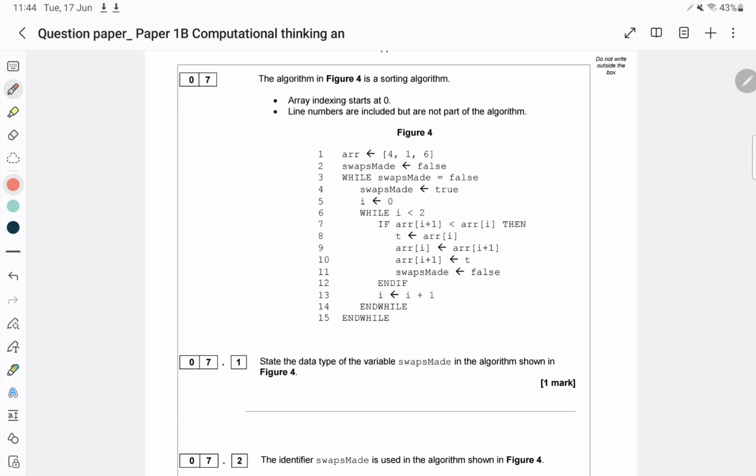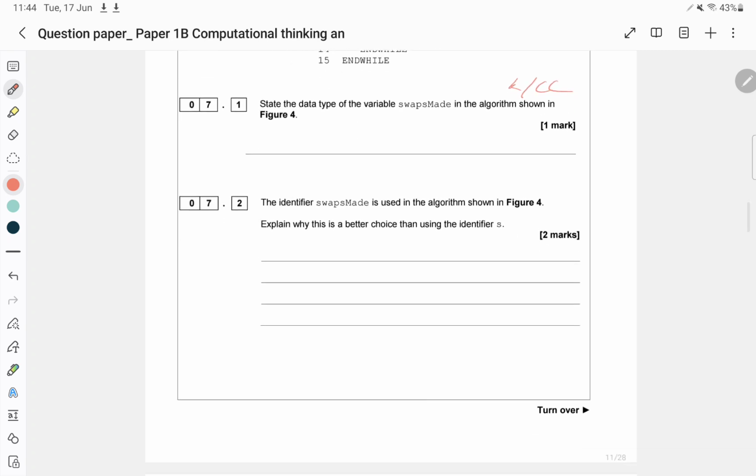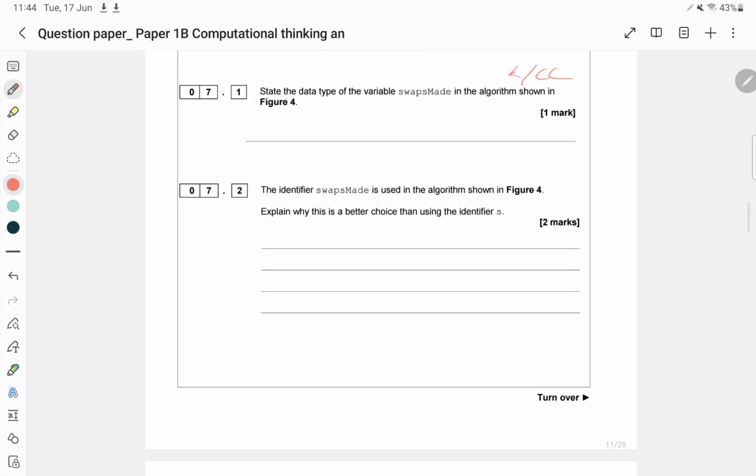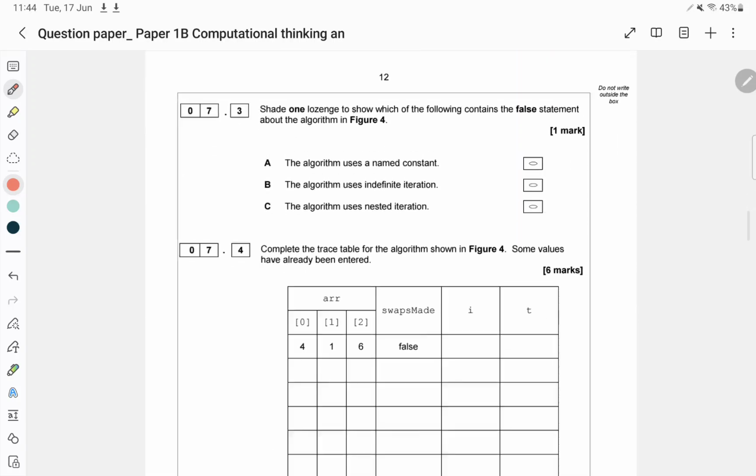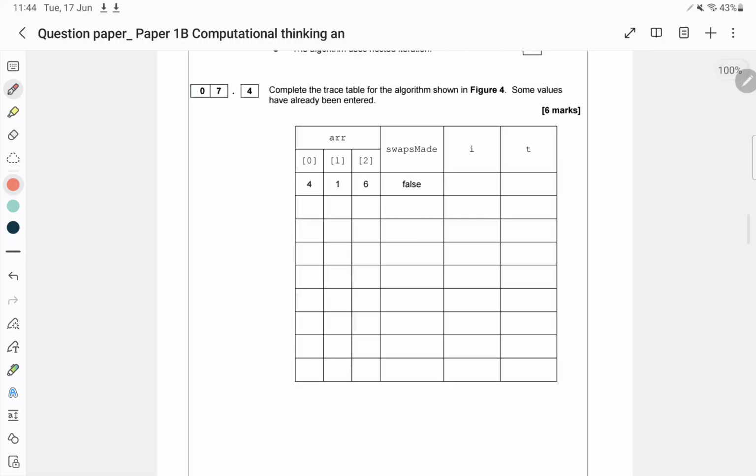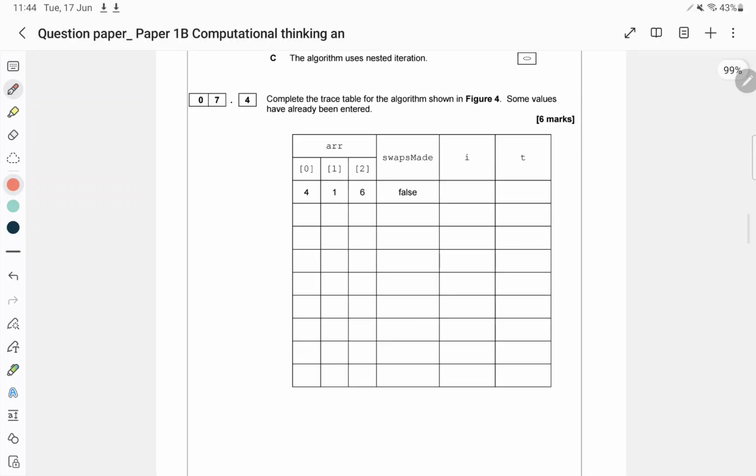Okay, so we're back out of the algorithm design, and again, this is knowledge mixed with code comprehension, and the same with the one below. Okay, this one here is also knowledge plus code comprehension, but we've met in question 7.4 our first